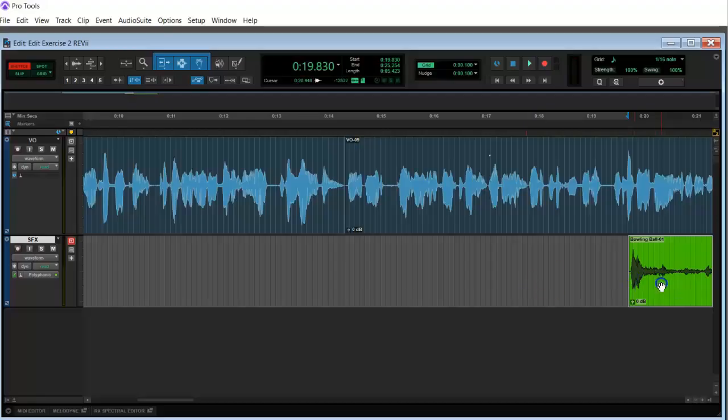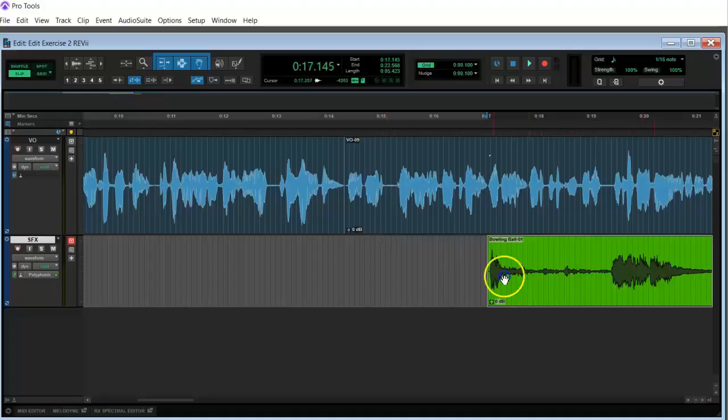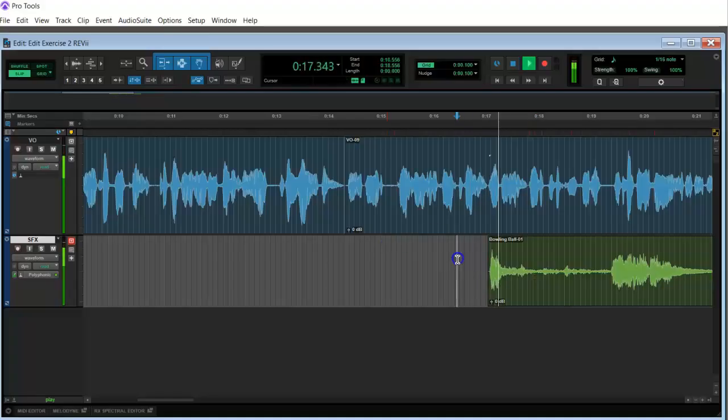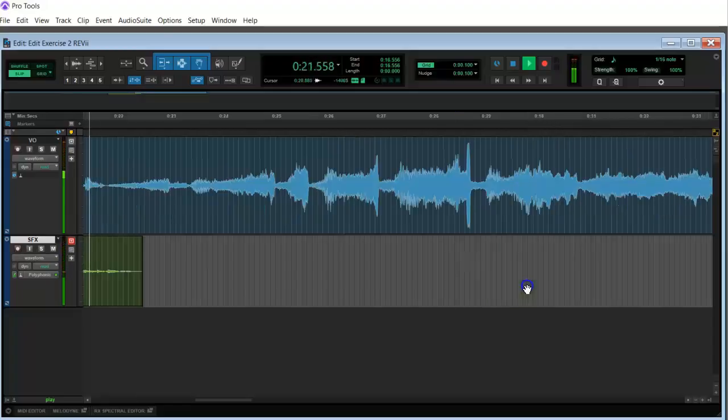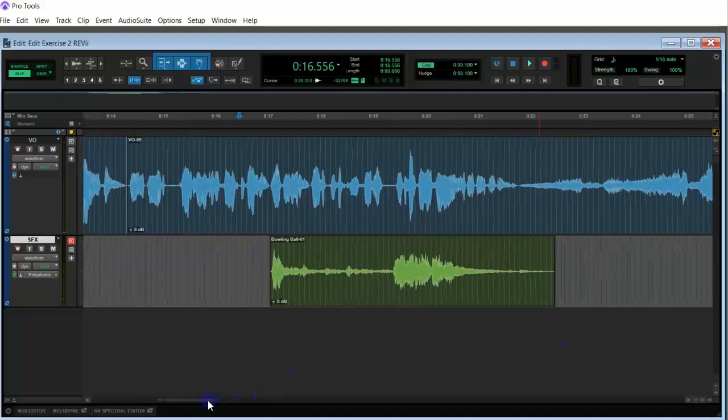Now, notice I'm clicking and dragging, it's not moving. And that's because I need to go back to slip mode. Now it can freely move. Professor Jeff Rudisill bowled a perfect 300 at the Bahamas Bowling Lanes this past weekend. Just by happenstance, I actually like the placement of that sound effect. Professor Jeff Rudisill bowled a perfect 300 at the Bahamas Bowling Lanes this past weekend.